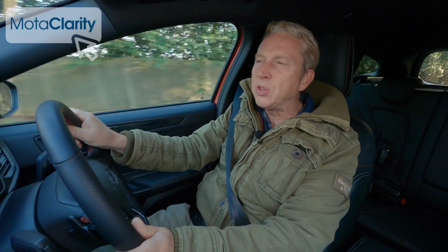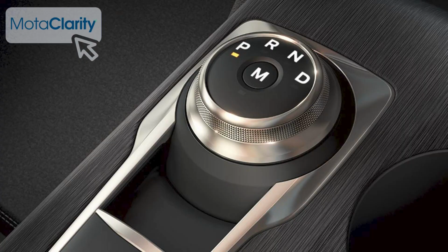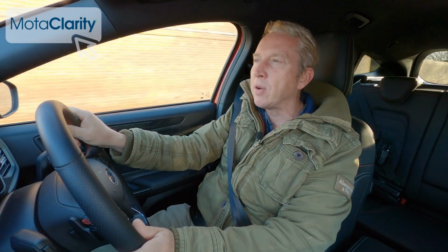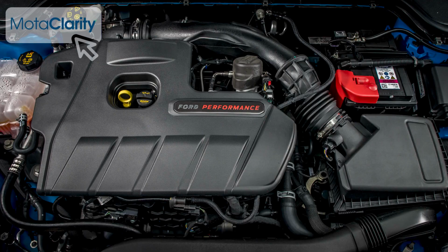What about the diesel? Well, for the 1.5 litre EcoBlue unit with 120 PS and auto transmission, that's the only spec on offer, you're looking at up to 57.6 miles to the gallon on the combined cycle and up to 129 grams per kilometre of CO2. For completion, we'll also give you the figures for the ST 2.3 litre EcoBoost petrol performance variant, up